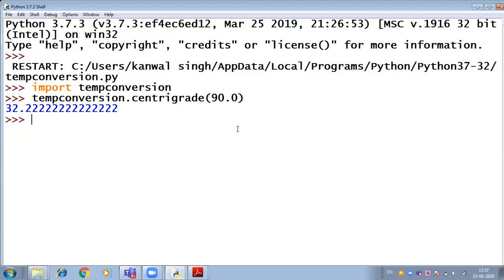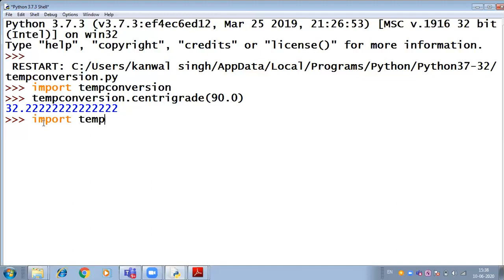Okay, right. Instead of using the whole name temp conversion as object here, you can define a smaller alias to it. How? In this way, you can also import it.